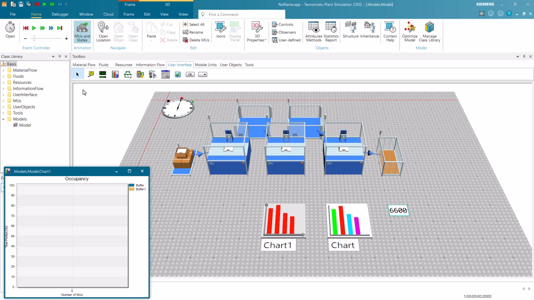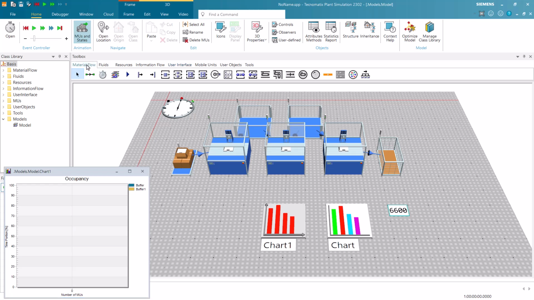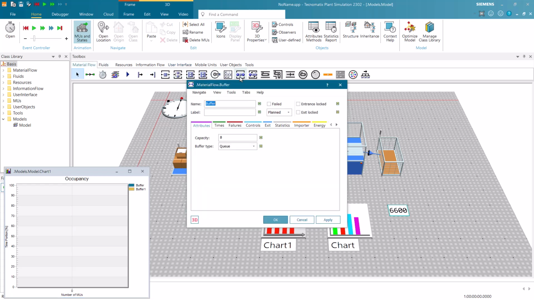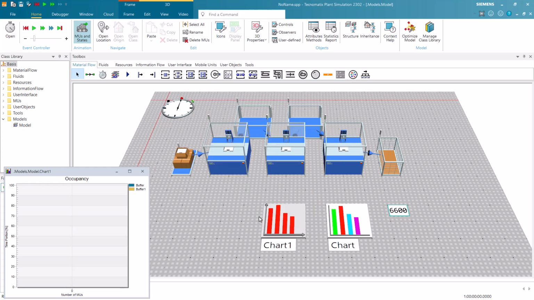The buffer capacity can be changed in its dialog, and it is set to a default value of 8. Change it to 100 to observe the maximum buffer capacity usage. This assists in determining the optimal buffer capacity while preventing excessively high capacity, which is linked to increased costs. Reset the simulation and start it again.